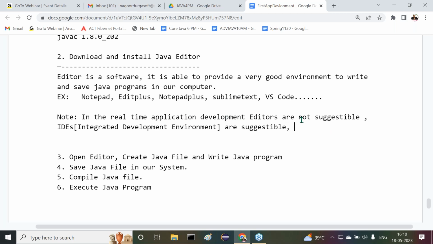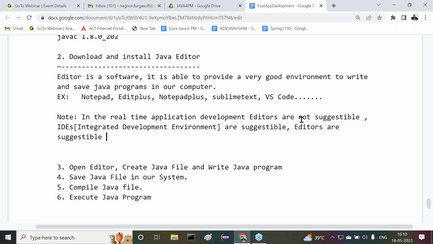Editors are suggestible up to the learning process. How long are we going to learn our content? In the learning process, editors are suggestible. But in real-time application development, IDEs are suggestible. If we go to the companies, whenever we want to do some project,